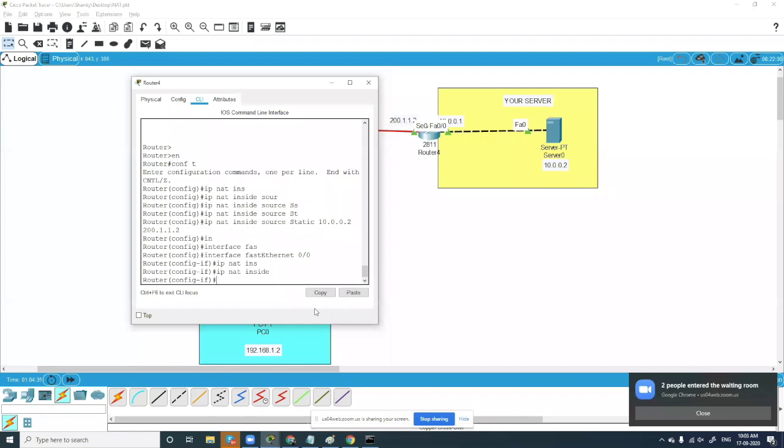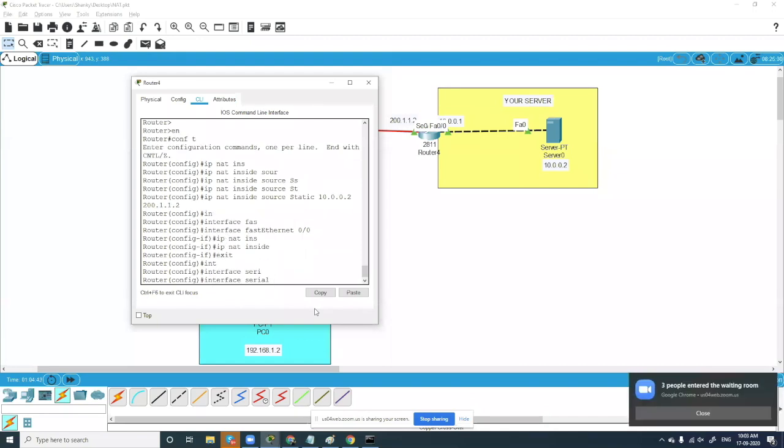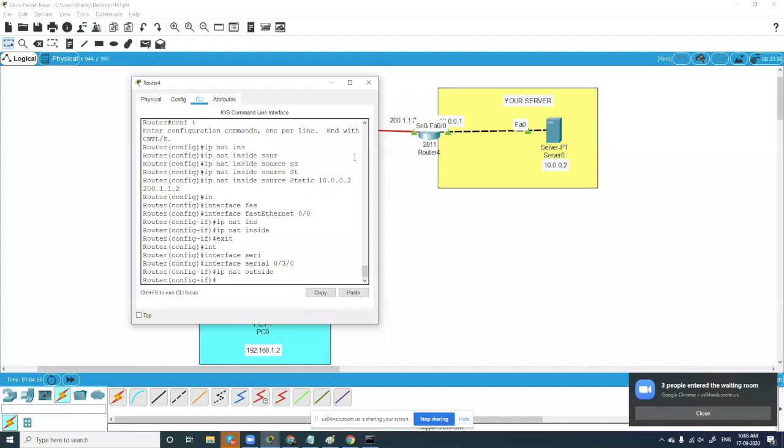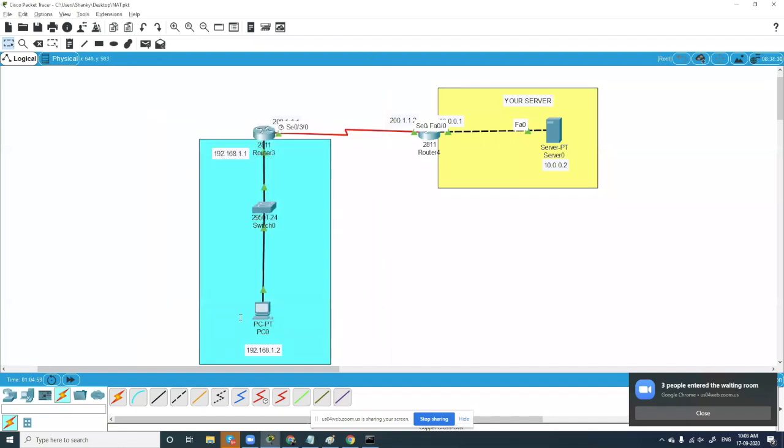Now I'll exit. Again, I'll type interface serial 0/3/0, and enter. I'll type ip nat outside. So it is going to convert the IP address from inside to outside. I've done this.